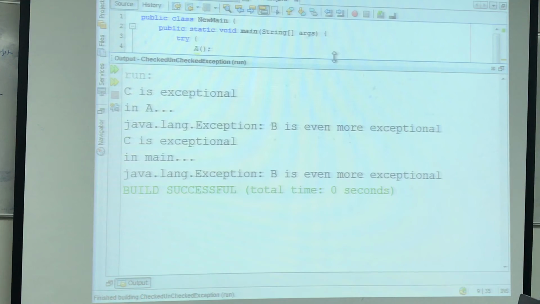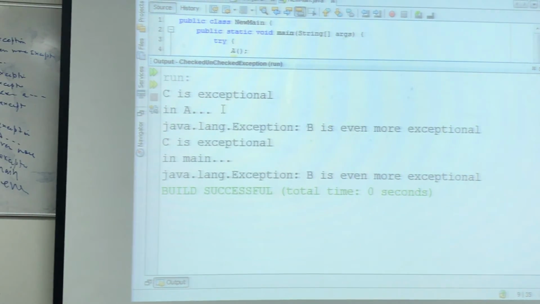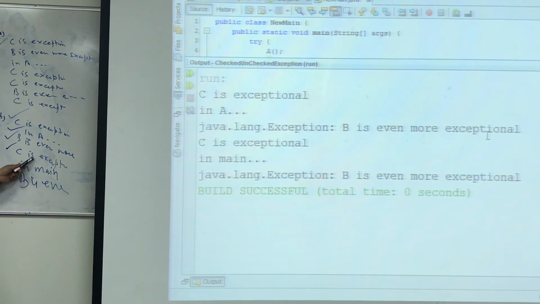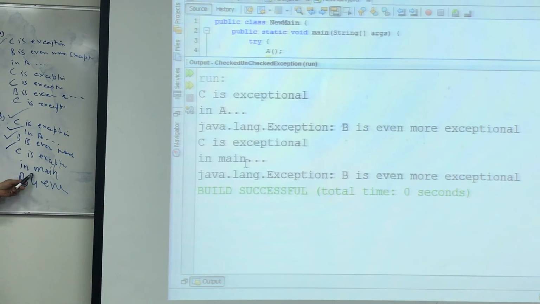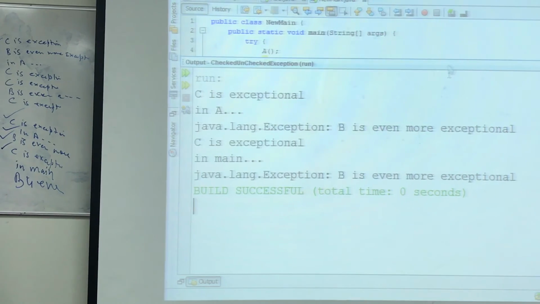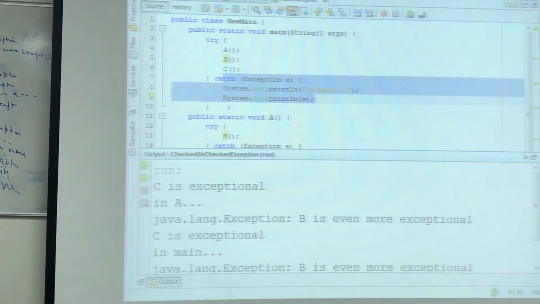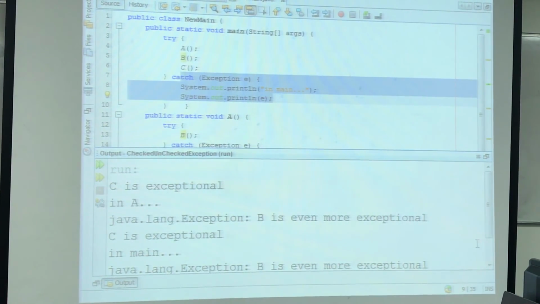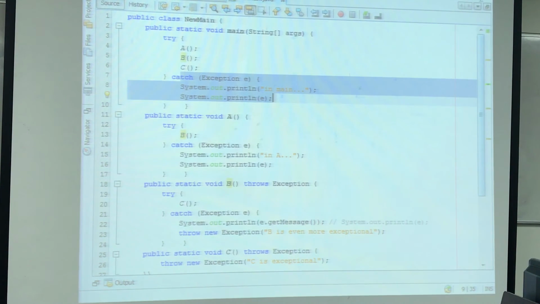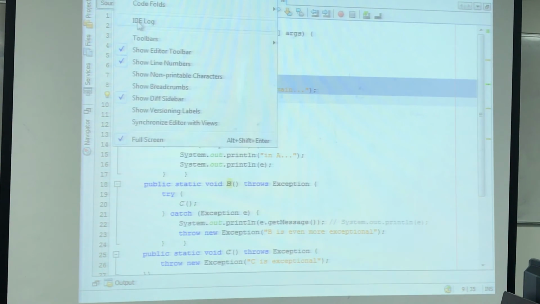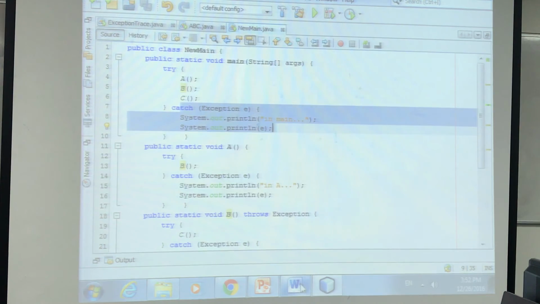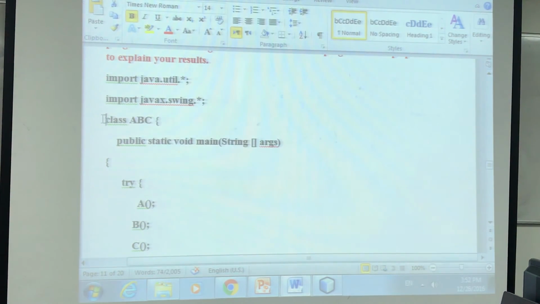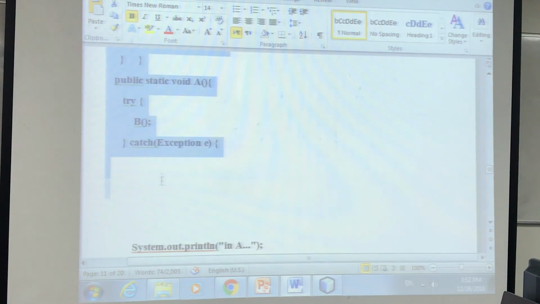So you see here, C is exception in A, B is even more exception, C is exception in main, and then B is even more exception. Okay, now there is another example they have given you. Now these examples are very interesting. So let's go to the view. So there is another example here, which basically